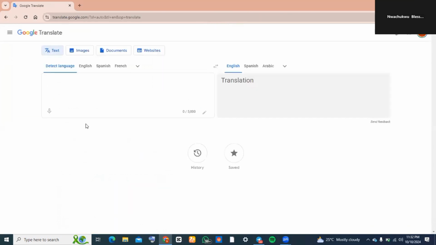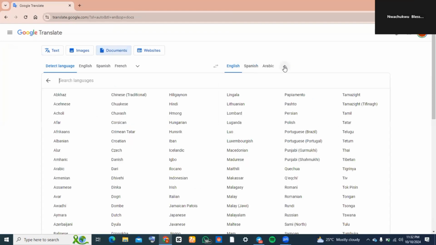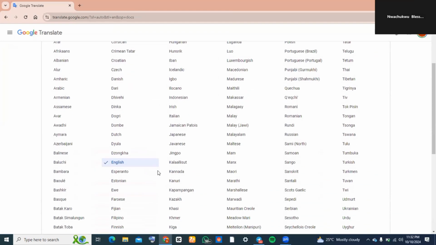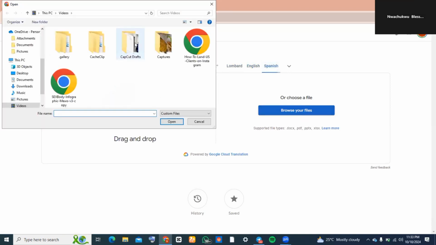Now you're going to locate where you see document at the top of your screen, and then guys, you want to tap on it, and to select the language you'd like to translate into, you want to go to the left side of your screen and click on the drop down close to the languages on the screen. You can then go ahead and pick out the language you want, but for me I'm going to translate today into Spanish. Now guys, you want to click on browse file,